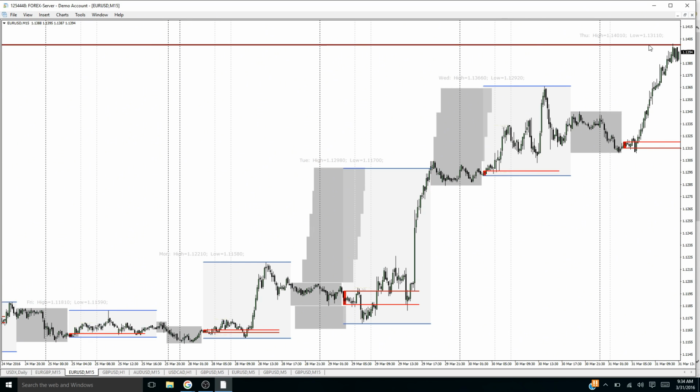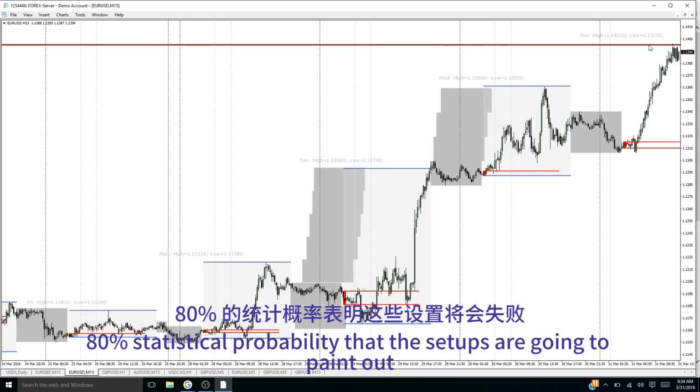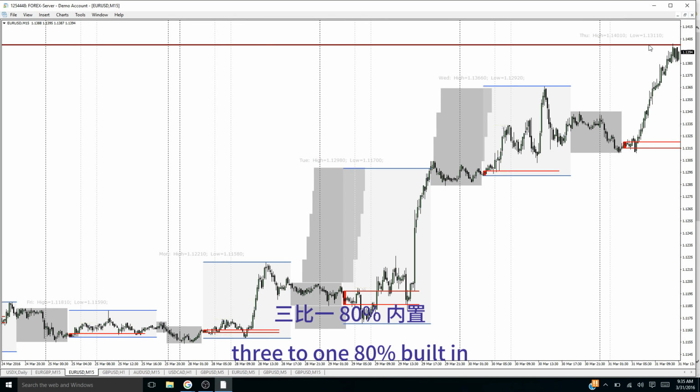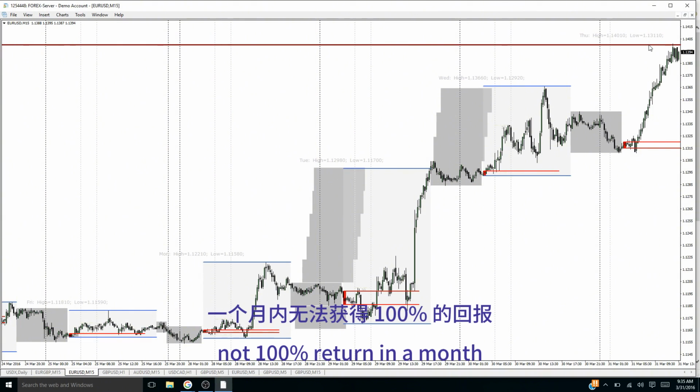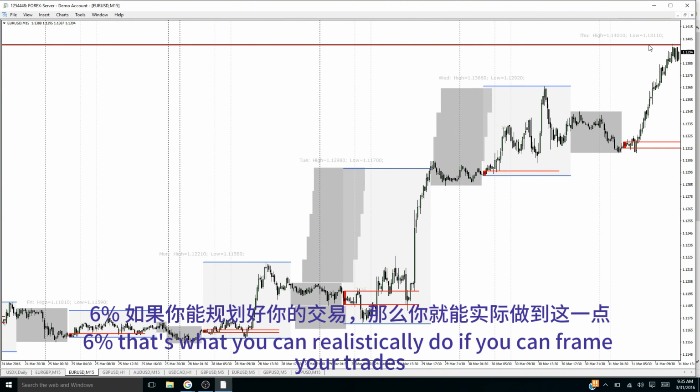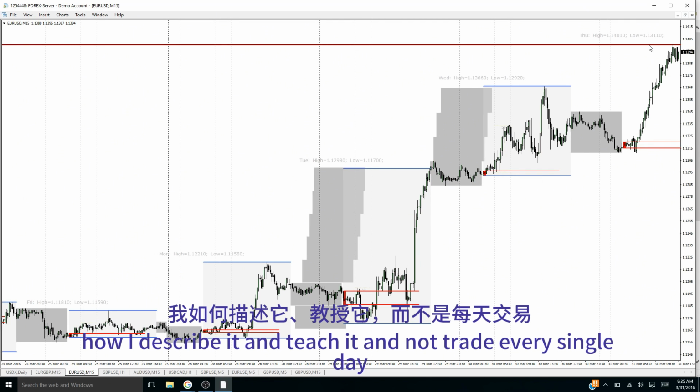3 to 1, 80% statistical probability that the setups are going to pan out based on how we break the market down. 3 to 1, 80% built in. What are you looking for? 6% a week. Not 40. Not 100% return in a month. 6%. That's what you can realistically do if you can frame your trades how I describe it and teach it,